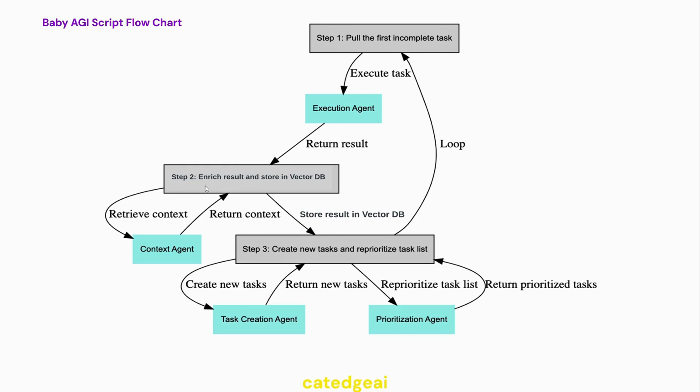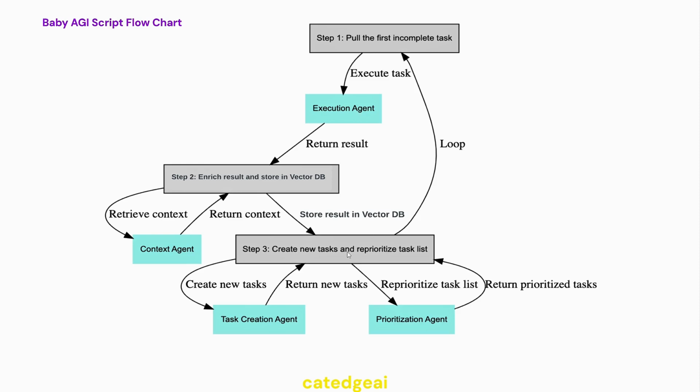And step 2: once it enriches the results and stores them into the vector DB, it comes to step 3. This will create the new task and prioritize the task list based on the objective and the result of the